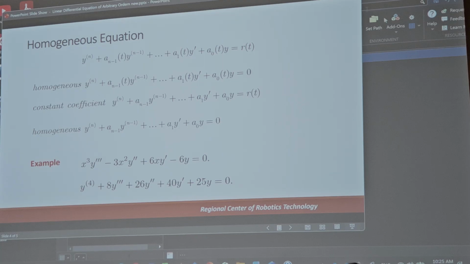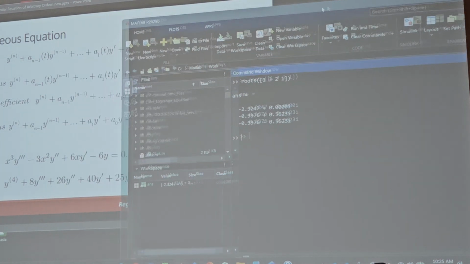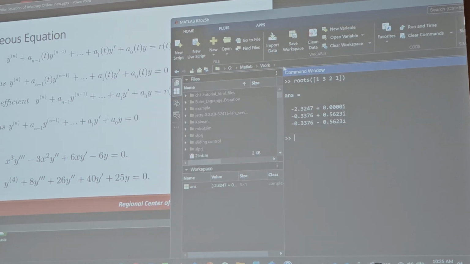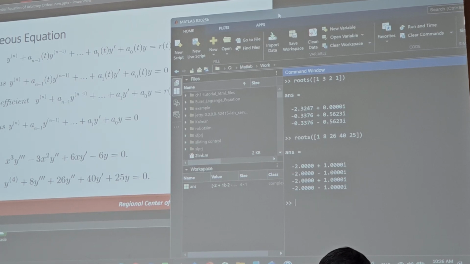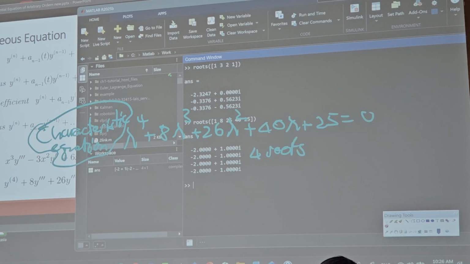This one can be similar, right? Okay, you can do this one. The roots of this one will be what? 1, 8, 26, 40, 25. Okay, do this one, right? So all these are compared together, right? So in this case, my solution will be like this,